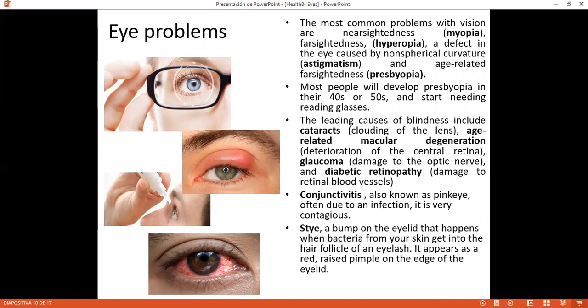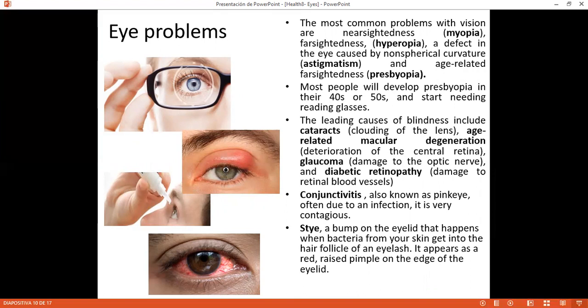There are three kinds of problems with the vision. We have myopia, which is that people are nearsighted. They just see objects close to us well, but the objects that are far away cannot be looked at properly. As well, we have hyperopia, or far-sighted people, which is the opposite of myopia. The people can see objects far away well, but the objects that are close to us, they are not able to